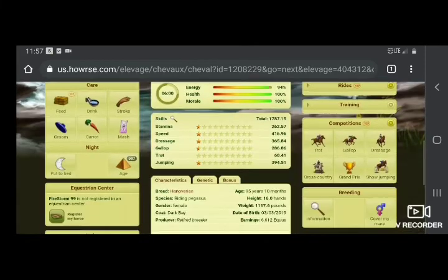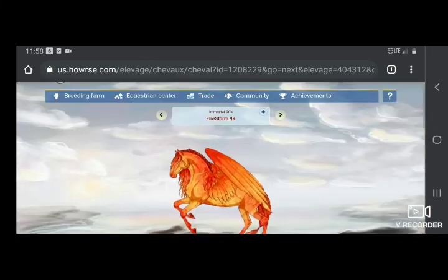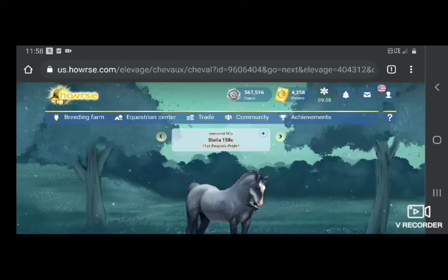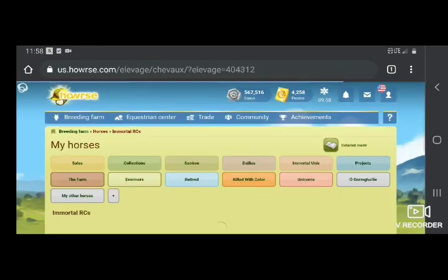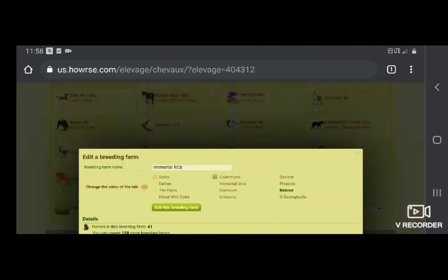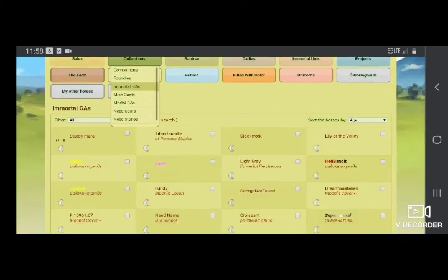Firestorm. I don't like the background, but when I got him, he had the background. Like, he didn't have a coat or anything, he just had the background. And, you know, well, that's all for Immortal retired coats. So, in this farm, I have 41. And in this one, I have